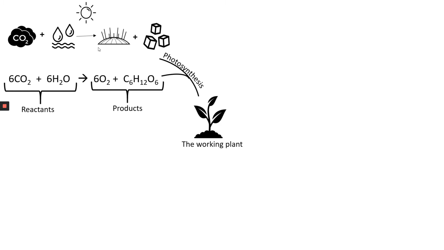Now you also need to know what are the reactants and what are the products. The reactants are the things we're reacting together, so that would be carbon dioxide and water. The products are the things that are made from this chemical equation, or this chemical reaction, and that is oxygen